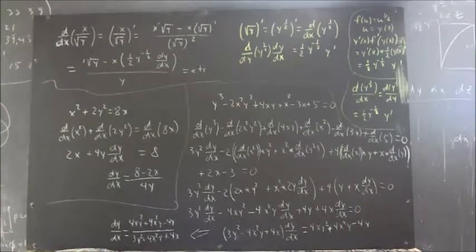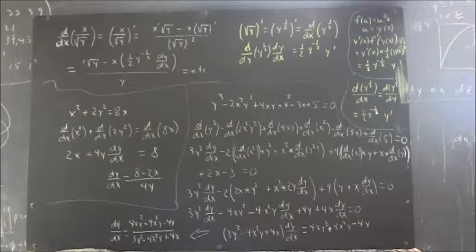Now we have another equation, and it's a little longer. It's no more difficult or complicated in any significant way, but there are a few more steps. So let's see what we do with this equation. Okay, our equation is y cubed minus 2x squared y squared